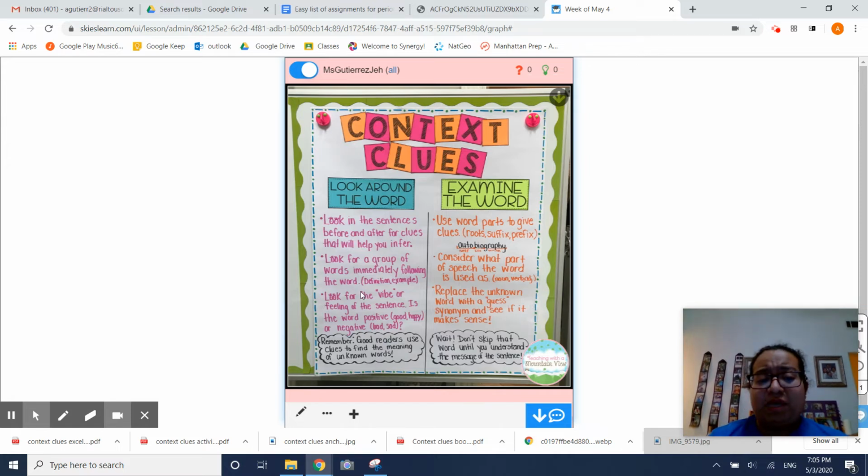And something that we didn't mention before is look for the vibe or the feeling of the sentence. If it looks like they're talking about something mysterious and scary, then you know that the word probably has to do with something mysterious and scary. If the sentence is all about tiny little kids playing and figuring things out in the world, then you know that's what they're talking about. So the blank, the mystery word we're trying to figure out, has to be related to everything around it. Okay.